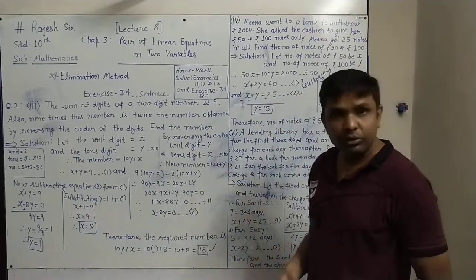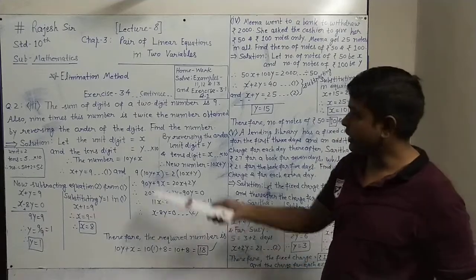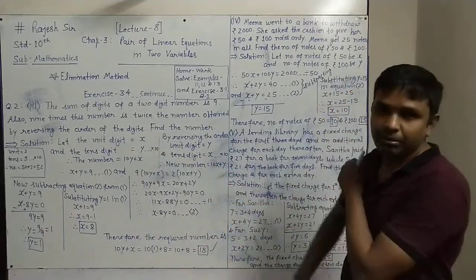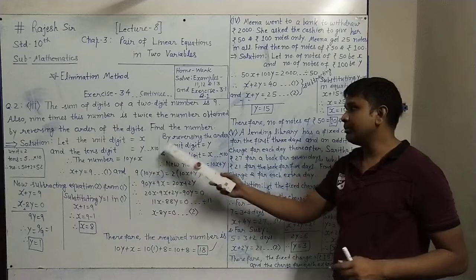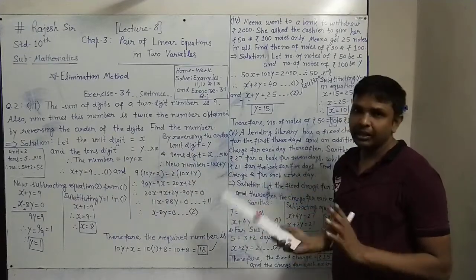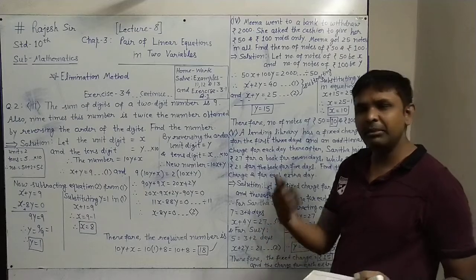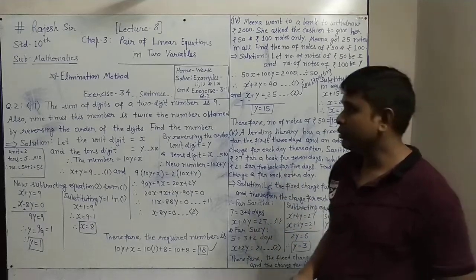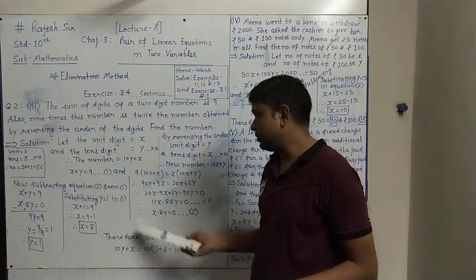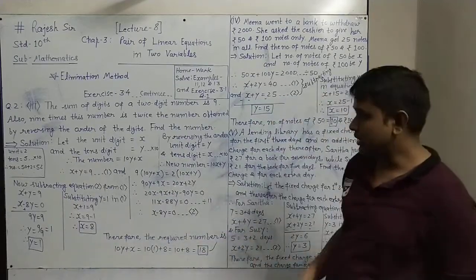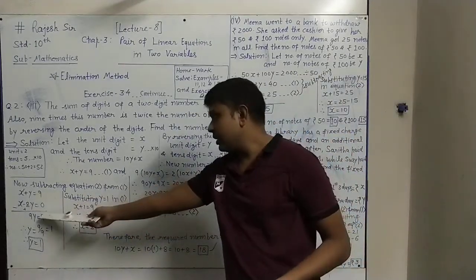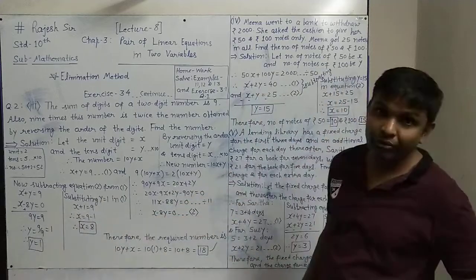But in our course we only have two-digit numbers, so we have to go this way. We have to find the number this way, and the reversed order this way. And then whatever relations are given, relate them and get the equations and solve by whichever method is asked in the question. Here the elimination method is asked, so we have done the elimination method. We have eliminated x here and we got y, and then with the help of y we got x.